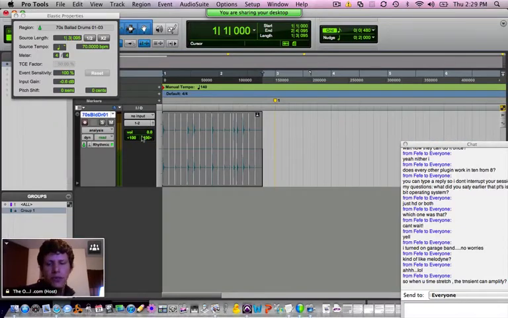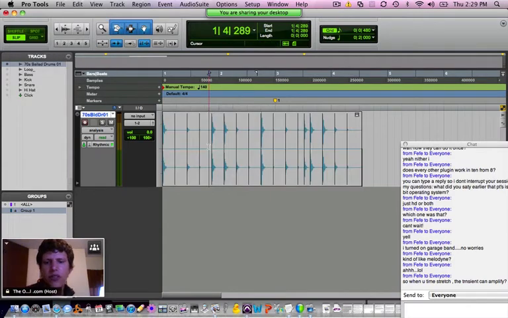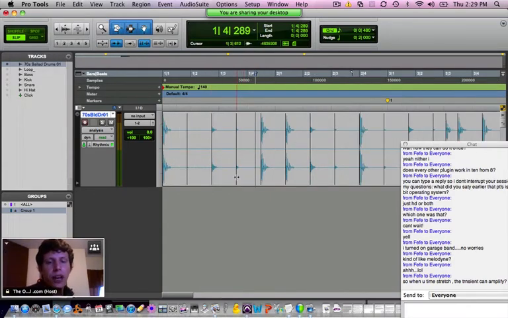This analysis view that we've been using doesn't actually let us do anything, okay? The analysis view, let me get off of Elastic Properties, just lets me define where transients are within the file, but I'm not actually manipulating what the file sounds like in this view. I'm just moving these little markers around. It's not changing what the audio sounds like. It's just, again, letting Pro Tools know where the transients are,